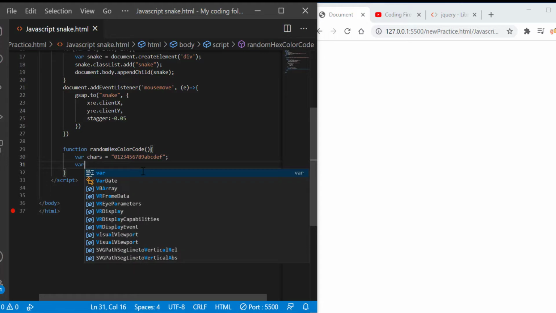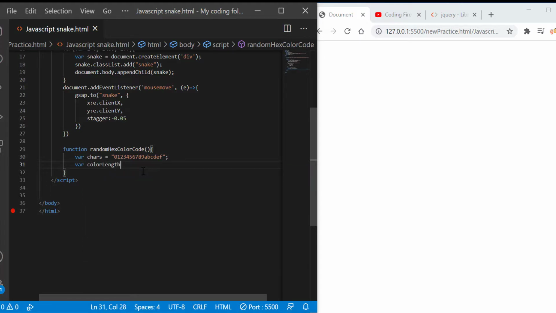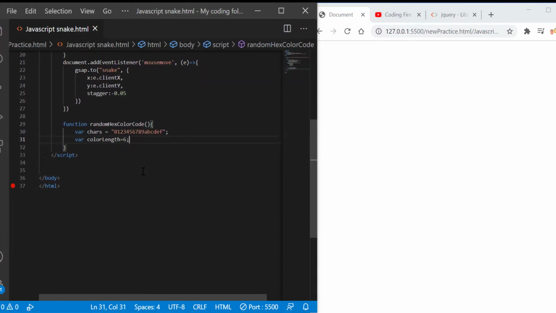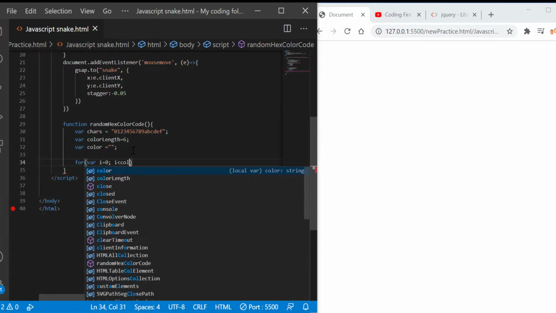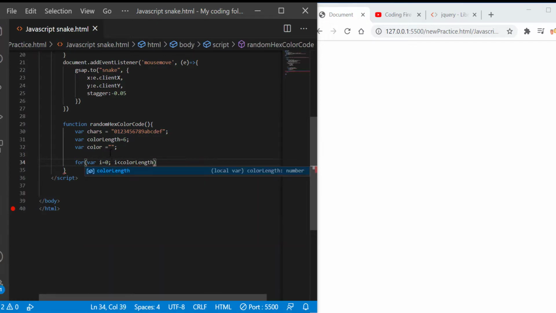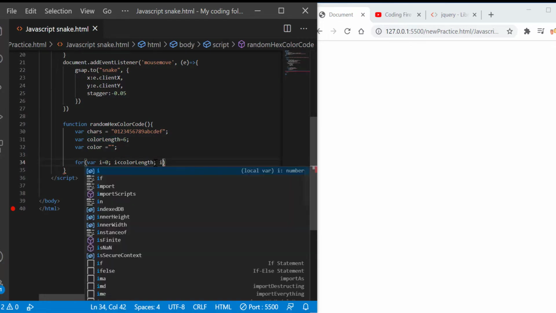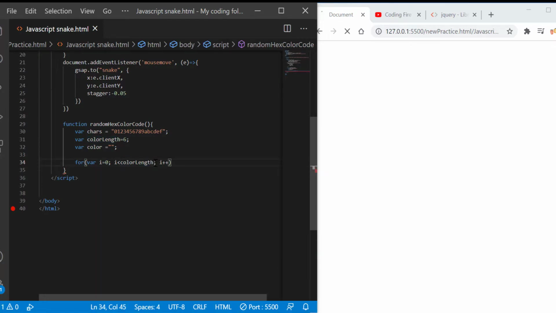So we can do var colorLength equals 6, because that's how many characters are in a hex color code, only 6. And then our color is just going to be an empty string, because we're going to append whatever random letter or number we get from this variable chars right here. And then we can do for var i equals 0, while i is less than colorLength, and colorLength is 6, so this is basically saying while i is less than 6, keep incrementing i by 1,